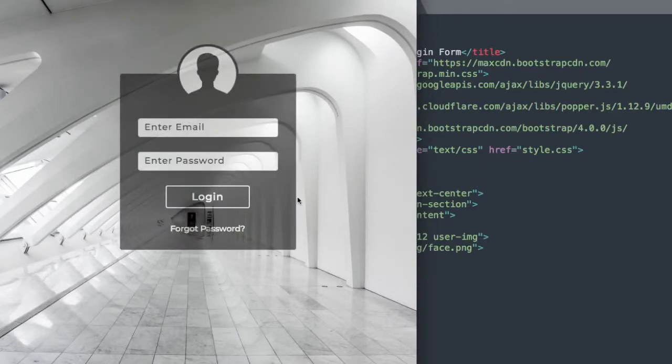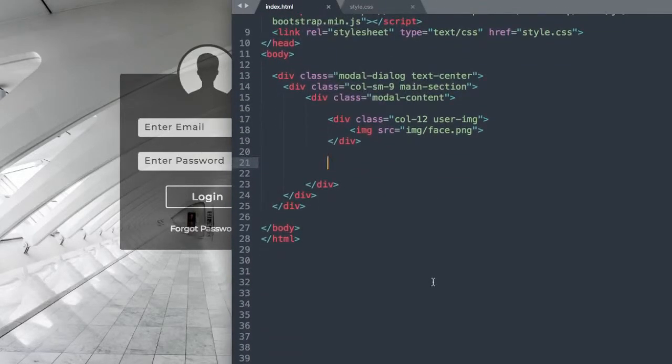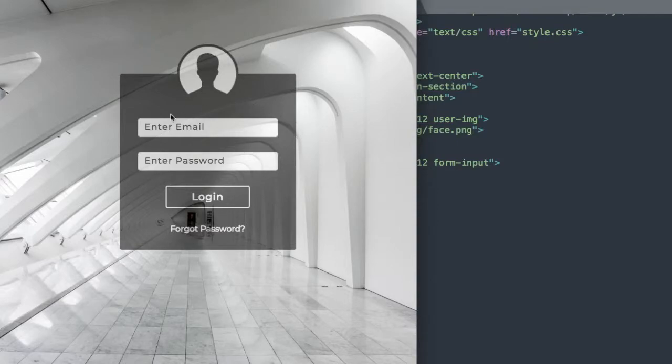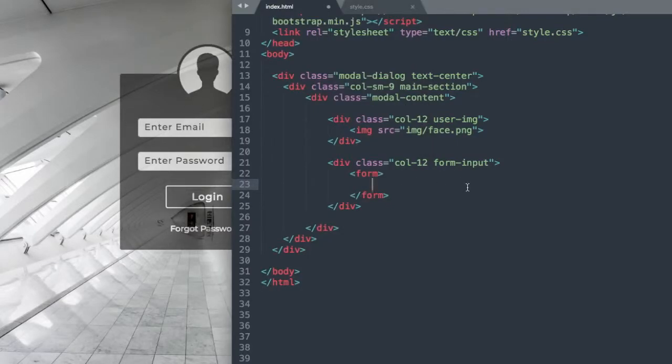inside of our modal content class. So now let's go ahead and add the first bits of our actual form. So we'll say div class col-12, and then form-input, and then we can close out the div, and inside of this div we'll have our actual form. Okay, so let's start off with our first form group here for the email input. So div class form-group,